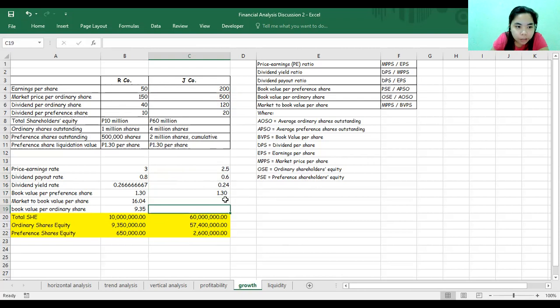And first we'll get the book value per ordinary share. It's this divided by 4 million. So we have book value per ordinary share 14.35. So we have market price divided by this. So it's 34.84, right? 1.3.6024 and oops, price earnings, price, it's